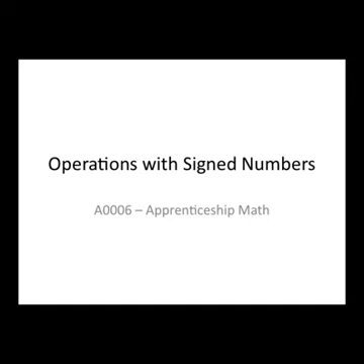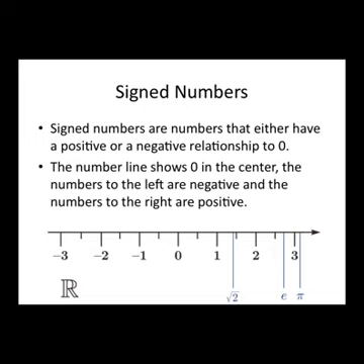Okay, now we're going to talk about operations with signed numbers. A signed number is a number that either has a positive or a negative sign in front of it. It has a positive or a negative relationship to 0. If we take a look at the number line at the bottom of this slide, you'll see that 0's in